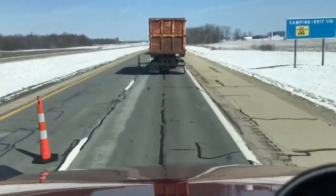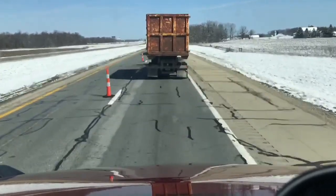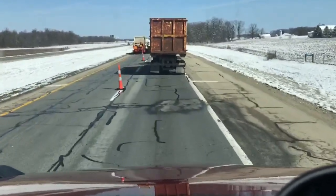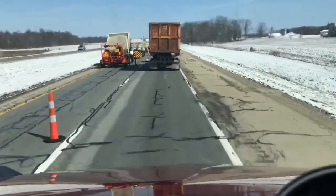Looks like we got some road work. This whole thing was because of road work. I was thinking it was an accident, but no. Looking like road work. Well, that's a good way to